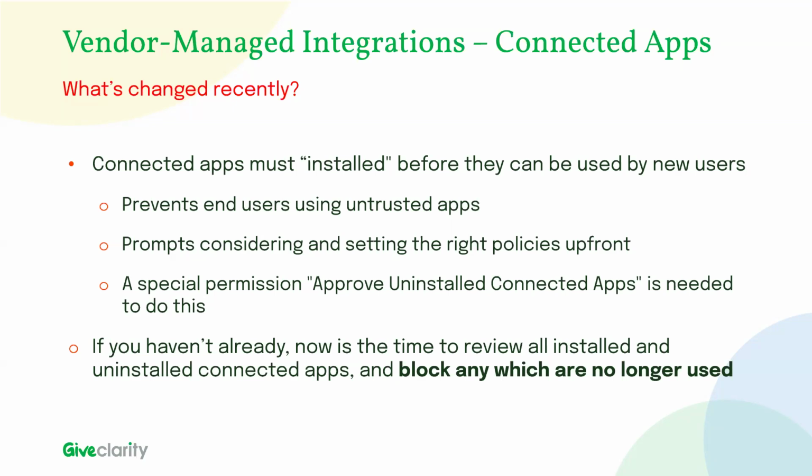Another question is, Paul says when he goes to the manage connected apps list, some of the apps have an icon which indicates that it's installed. However, when he clicks on the names of those that don't have the icon, it still says they're installed. So what does the icon mean?